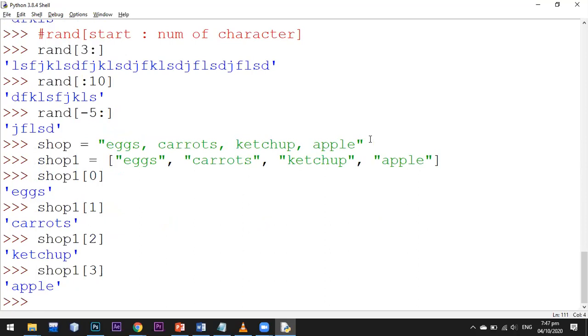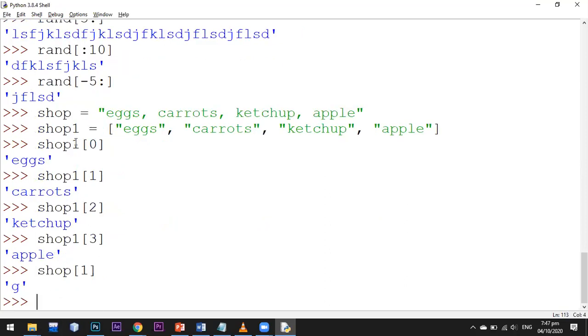Let's discuss more about this thing that we created. It is just a variable, we cannot do this with that. If I type 1, it will return me G at this position.